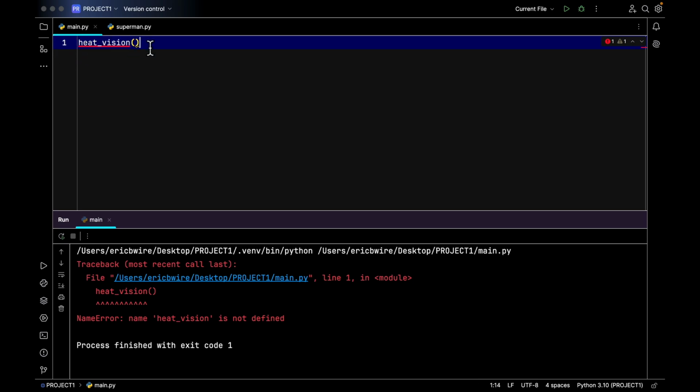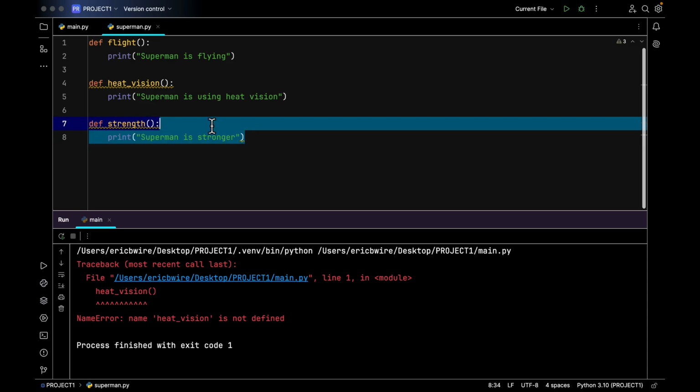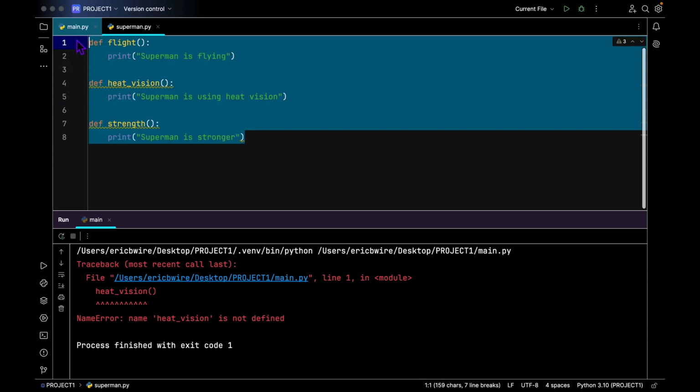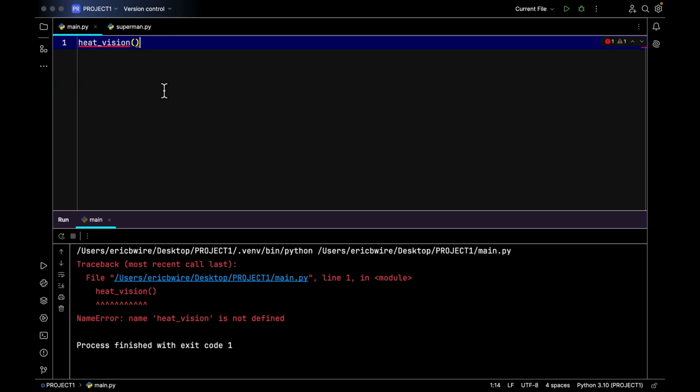But this heat vision function is defined elsewhere inside the Superman module. So it doesn't belong to our main program, it belongs to the Superman module. So how can we resolve this? In order to resolve and remove this error over here,